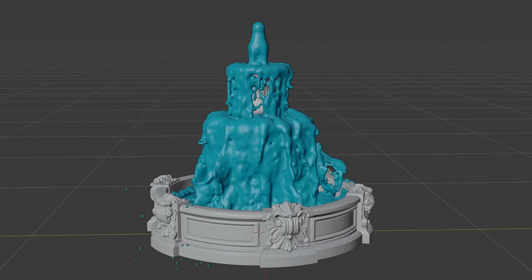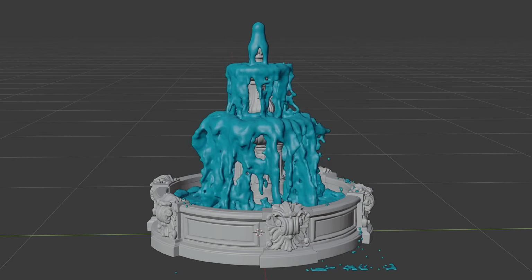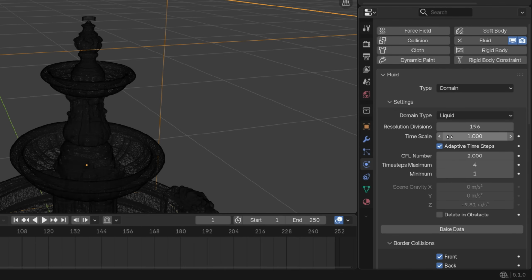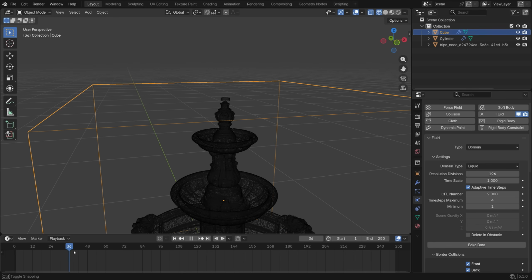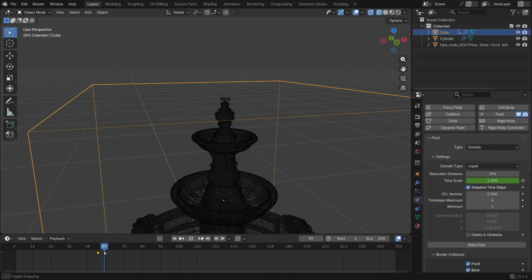In this scene, once the lower bowl is full and the water starts falling into the pool, the flow gains too much momentum and looks less natural. To fix that, I'll animate the timescale value with keyframes for a more balanced result. Now go to frame 55, where the upper bowl is fully filled, and click the small dot next to the timescale value to add a keyframe. Then move to frame 60, lower the